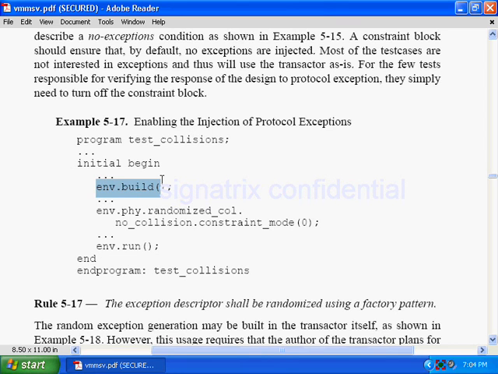First we are creating an environment. Then we are calling the randomize kernel. Now you can see here constraint_mode(0). You are disabling the constraint mode. This means that when you use constraint mode equal to 0, whatever constraints you have used are getting disabled. Now, enabling the injection of a protocol exception. So how you are enabling